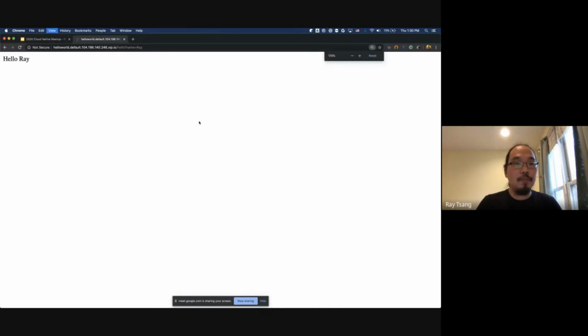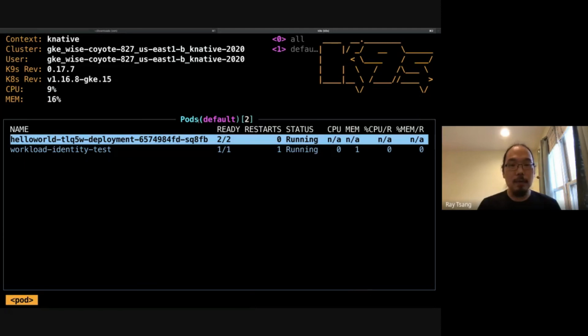And that's very, very simple, very easy to do. And if I leave this running for a while, what we're going to see is also that it will reduce the number of instances down to 0. Okay. And once it's done that, what happens then is when there's a new request that comes in,